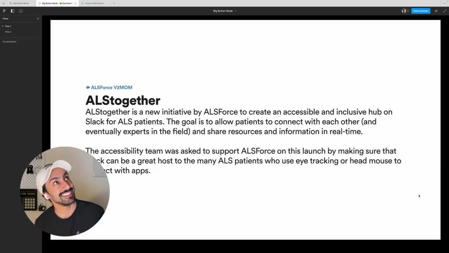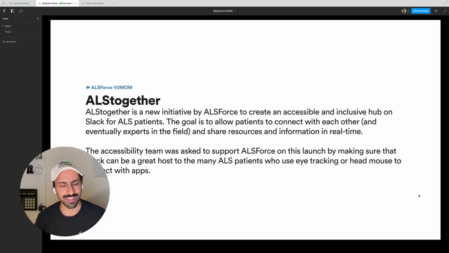Oh boy, it was in late March, and I've got to stress late March because the timing was so wild here. Our CEO actually came in and was like, hey, I want to do a cool initiative called ALS Together. And the idea is I want to make a Slack Connect network. So basically a Slack workspace where people who have ALS can go in there and find community, talk to one another, offer advice and help to one another, maybe even find trials. Maybe we'll even be able to get some doctors in there. There's so much potential here.